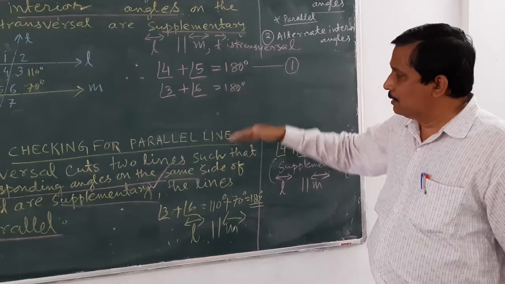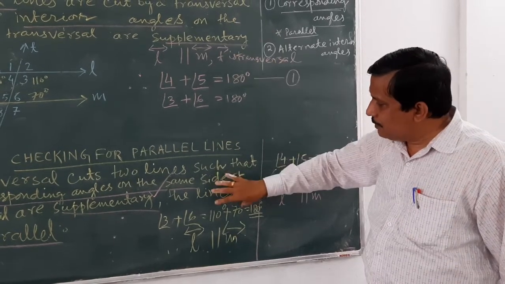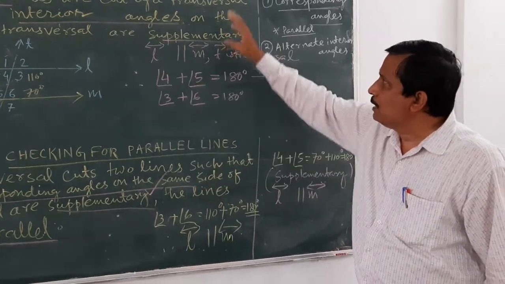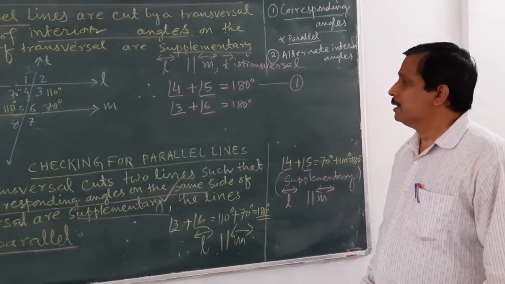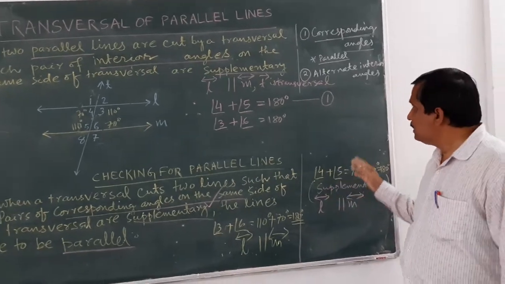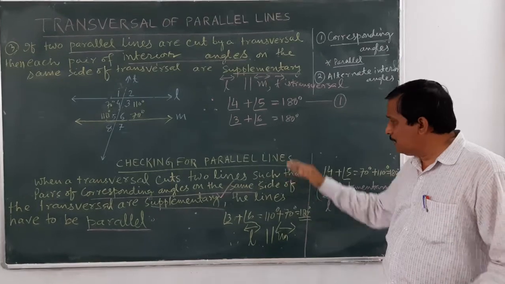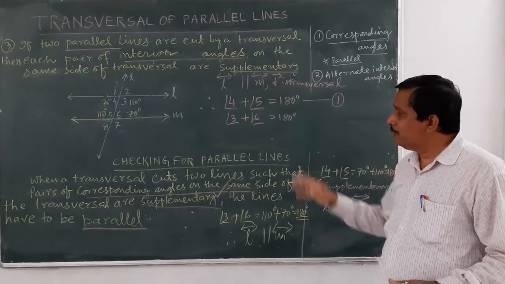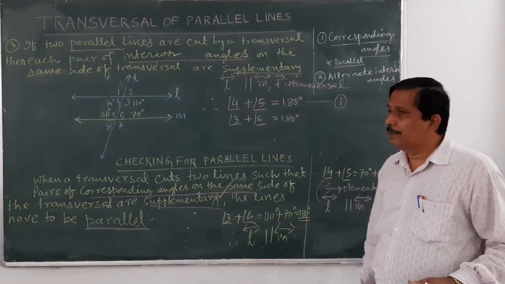So you can check the converse. This theorem is the converse of that, or that is the converse of this theorem. So this is all about the transversal of parallel lines. You read this in 9th class. In 9th class you will prove yourself how they are, just like you are remembering now. But in 9th class you have to prove these different theorems.